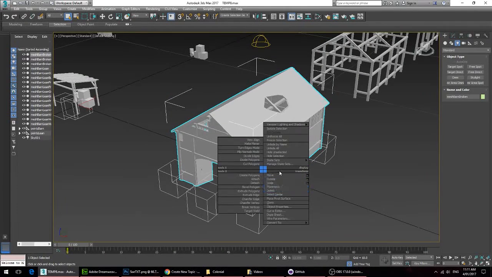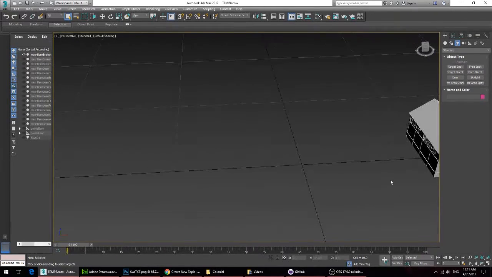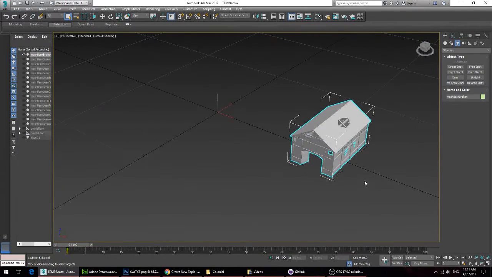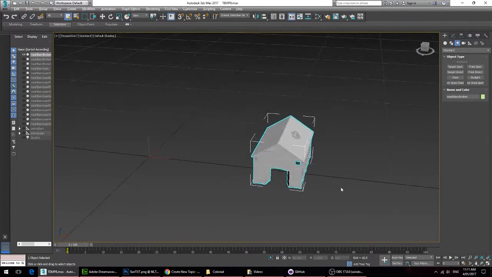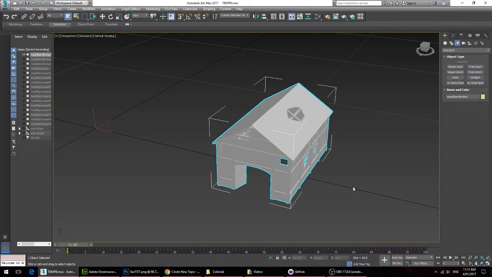So I'm just going to go ahead and hide everything else so that only the mesh that we're doing the ambient occlusion for is visible. Looks like we've got a bit of a pivot issue on this barn. I'll fix that later. Anyway, so with the barn selected, first thing you want to do is